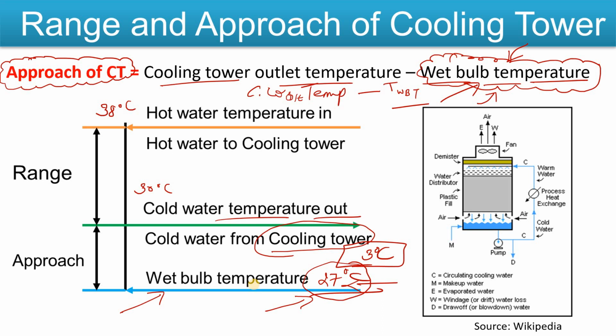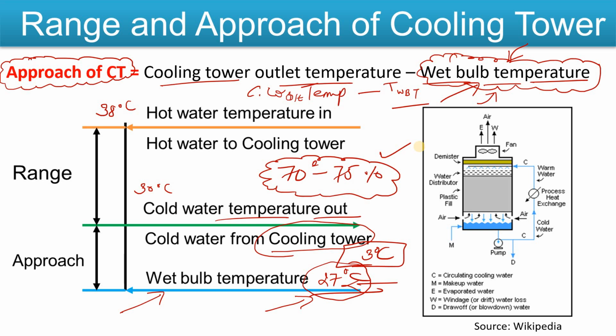Now you know that cooling tower efficiencies mainly lie between 70 to 75%. Okay, so this wet bulb temperature comes into the picture, and it is very important. The wet bulb temperature gives you the idea to optimize the other variables to attain this efficiency. So what could be your other variables? Your other variables could be which type of cooling tower you are going to purchase or buy. Okay, what will be the altitude, what will be the types of flow, what will be the types of fan, etc. Are you getting my point, what I want to say?